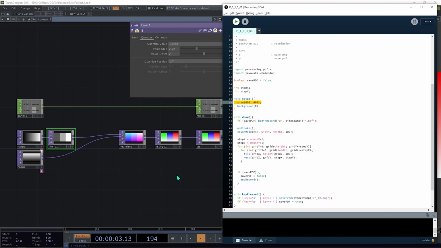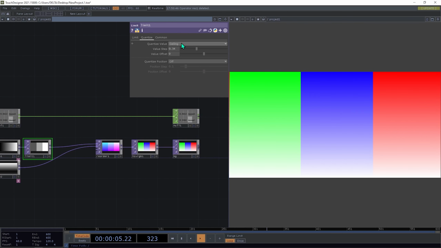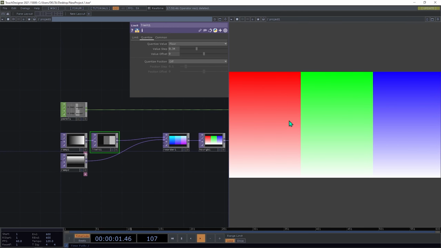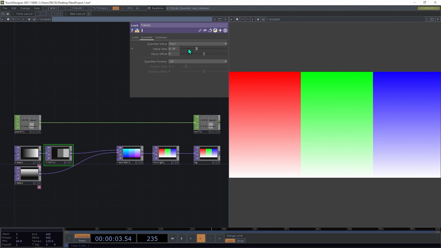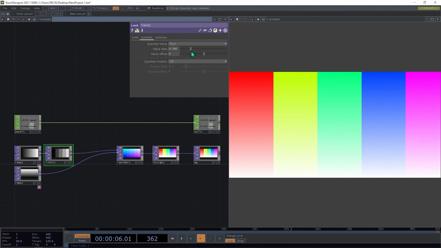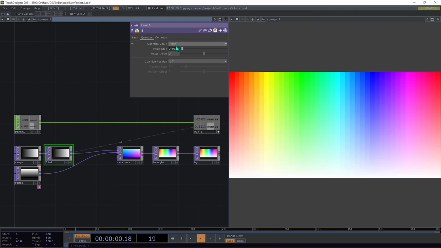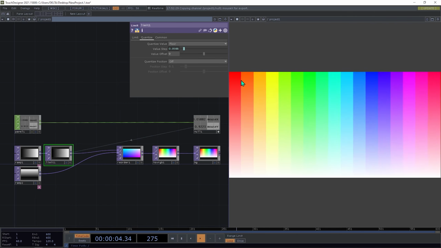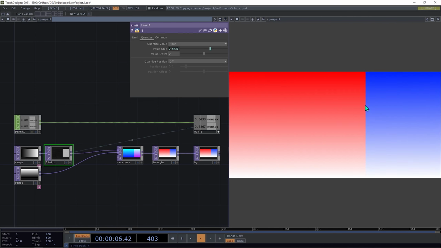To fix this, we need to set this limit quantize value to floor, and now we see the right order. The value we need here is the value of mouse X, so we export it from the null, and now we have the grid tiles